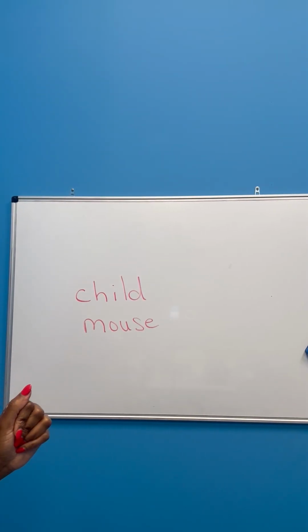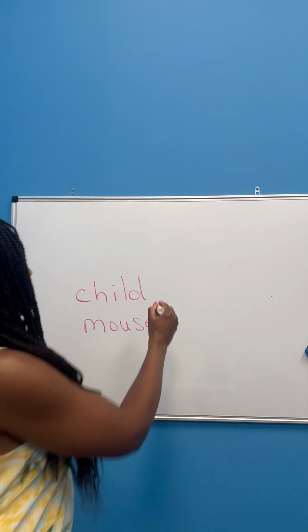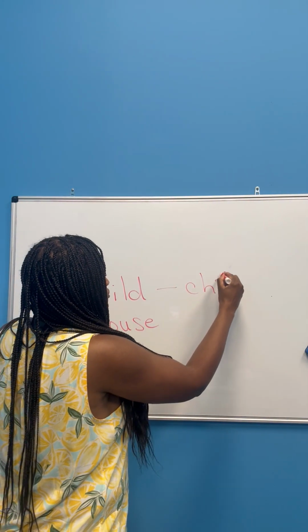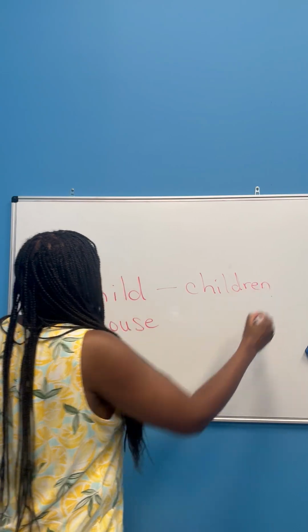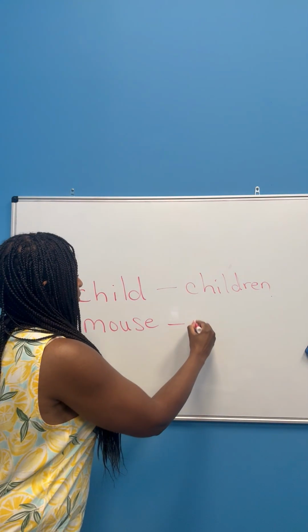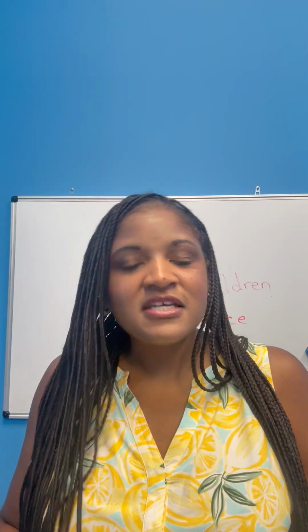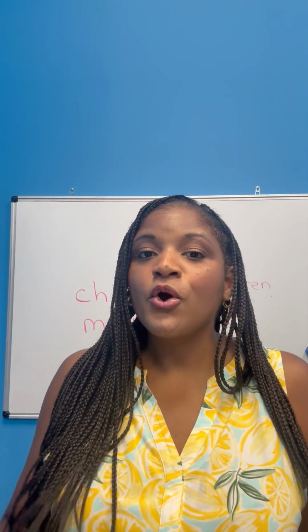Quick. Which one is correct if I want to make this the plural form? Childs or children? Well, we know that is children. How about mouses or mice? The correct answer is mice. So these are irregular plural nouns, but we're gonna back up a bit and first start with our regular plural